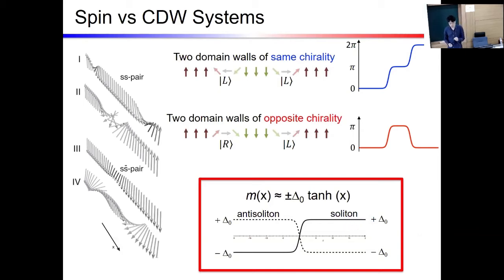in the CDW case, the soliton and anti-soliton pairs always appear at the same time and disappear at the same time. But here they can survive in the same chirality, while different chirality cancel out, so they can annihilate at the same time. All right? So